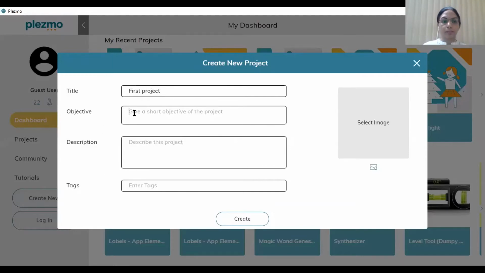The main objective is to make a color changing light. Description you can avoid or write if you want, but today I'm skipping it. So, create.